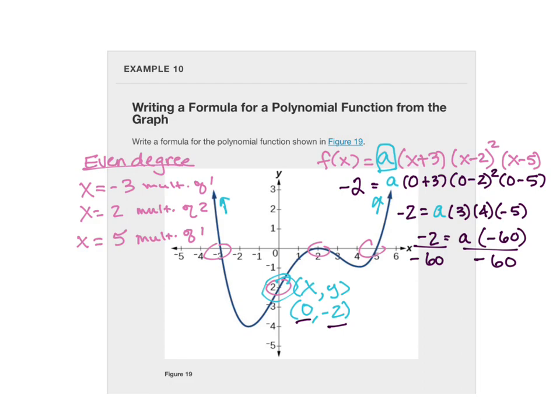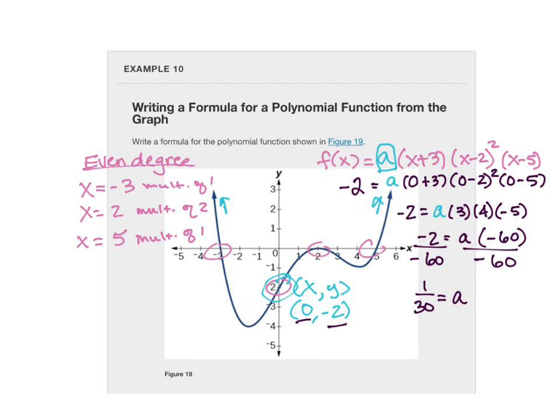Divide by it on both sides. And so now I've got -2 over -60. That reduces down to be 1/30. 1 over 30. That's your A. So you got to solve for it. You're going to take your zeros and another point and use that information to solve for A,